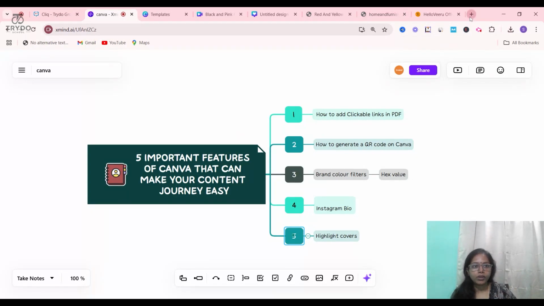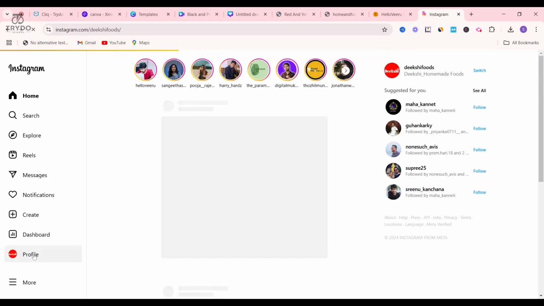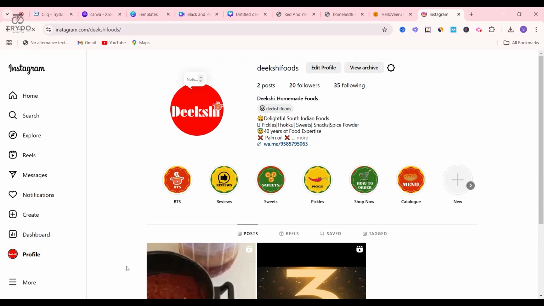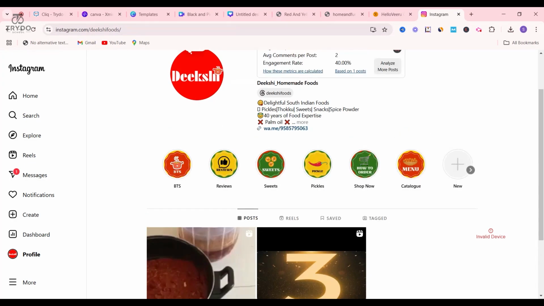Just coming over here, I'll show you because I have created one. We'll click over here. Can you look at the highlight covers? You don't have to keep doing it with different colors, you can go with the same colors also. How will you get this automatically? It's a customizable template. You don't need to do it from scratch. How you can do it is very easy.